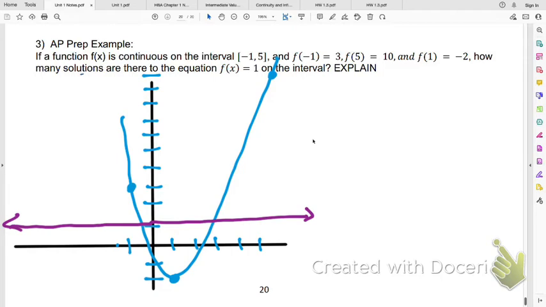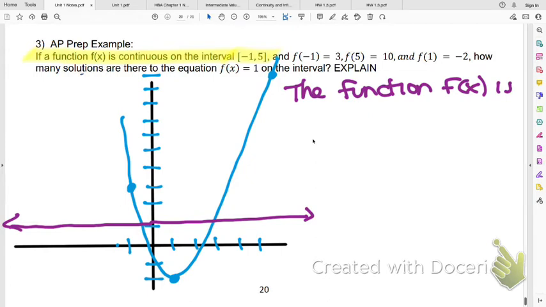All right. So do we all see that script in kind of the middle there? Yes. Are we done with this page? Nope. We're going to use that script to write our answer for this one. Okay. So first thing that you need to say is that our function is continuous on the interval. That is given to me right there. So I'm going to start with the statement, the function f of x is continuous